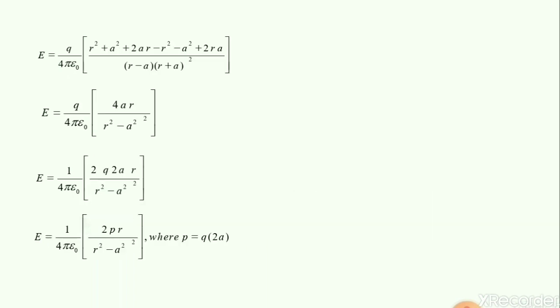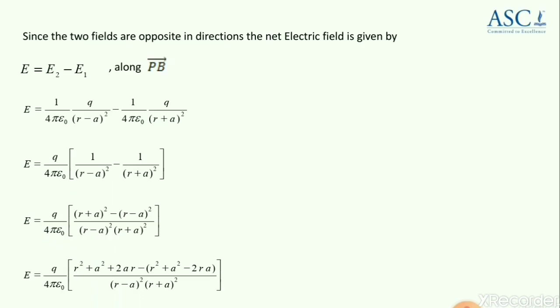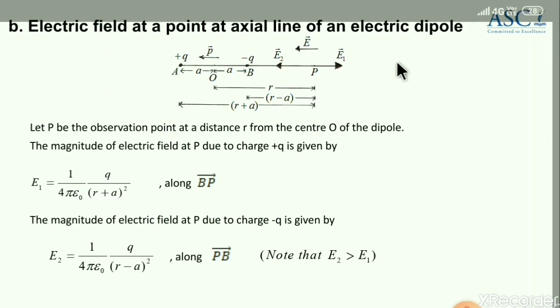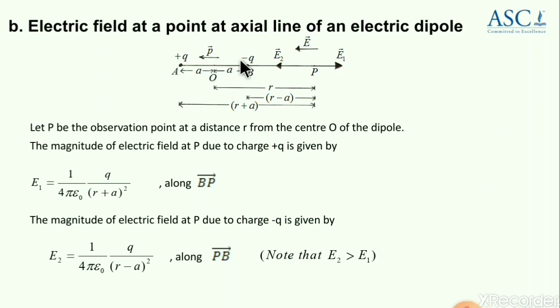Let us go to the first slide. See here, the final electric field direction is along PB, as I have told you, and the dipole direction is from negative to positive, which I asked you to remember from the previous slide. So both are now in the same direction, and hence the directions of the total electric field and p are the same.